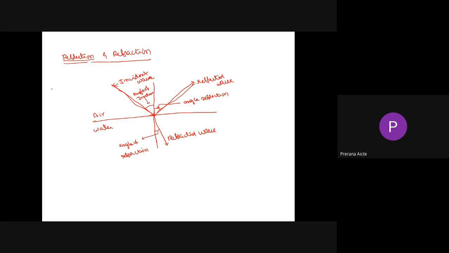Now see, this is the incident wave. Okay, it crosses the boundary, but it changes direction. Here it does not go straight. Okay, when passing from one medium to another medium, whereas in reflection, in the same medium, it changes direction when it strikes the boundary. But in refraction, the wave crosses the boundary from one medium to another medium. Suppose the wave is traveling from air to water, for example; the wave in deep water travels faster than in shallow water. So if an ocean wave approaches the beach obliquely, the part of the wave further from the beach